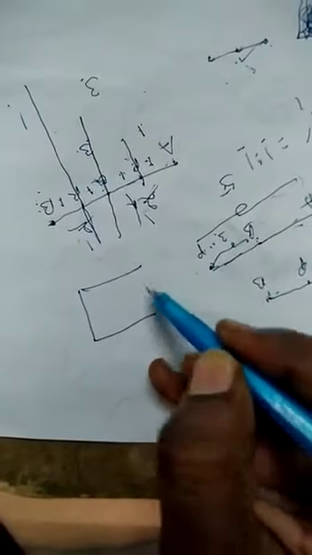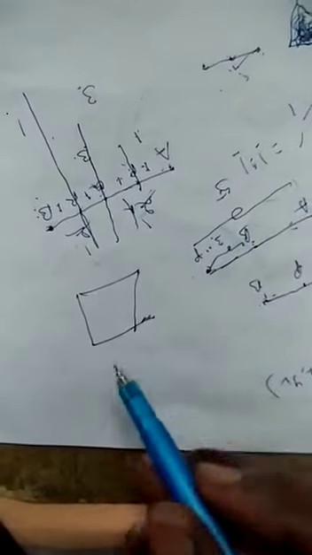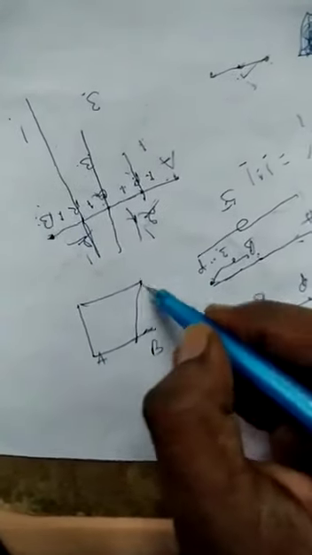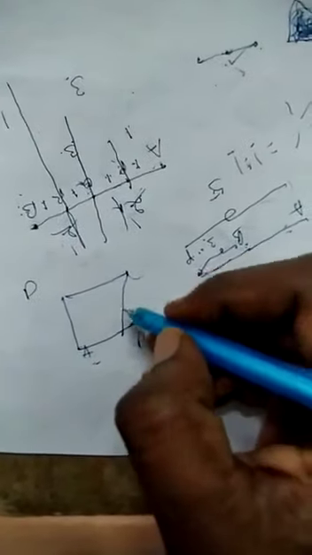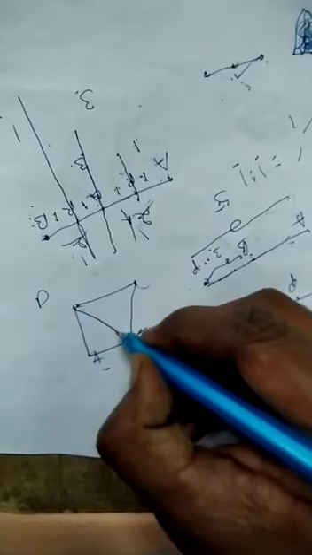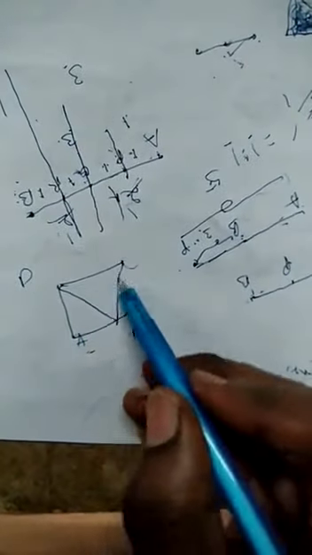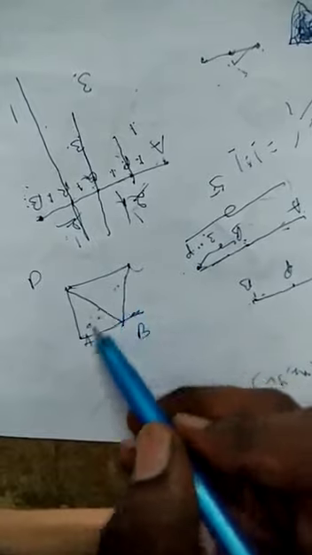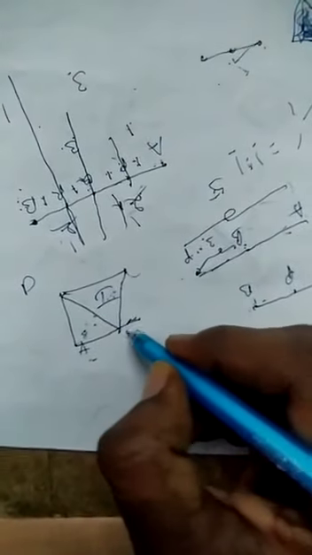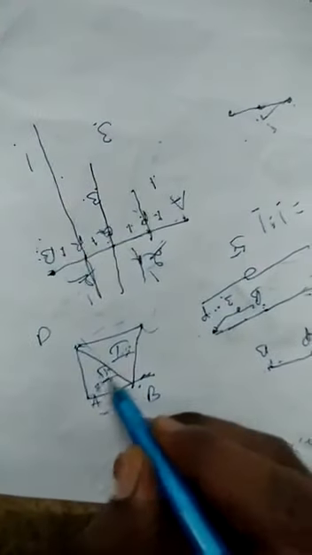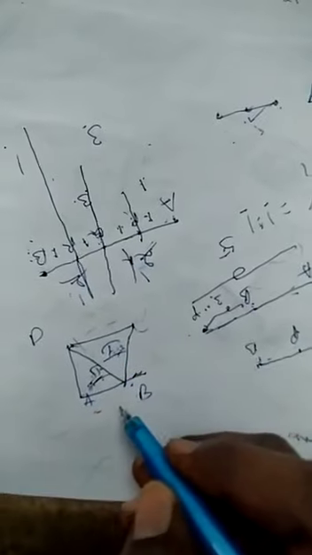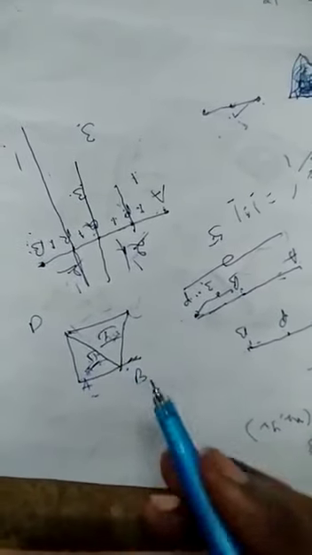Okay, the meaning of that, for example, to find the area of this figure, which is in the shape of a trapezium. What is the area of the trapezium? The four vertices A, B, C, D are given, not the lengths. Just four vertices are given. How can you find it? First, by joining the opposite vertices, these are divided into two triangles. Find the area of the first triangle by applying this formula, and the area of the second triangle. The sum of these two results is equal to the area of the trapezium. Clear? That is the meaning of it.